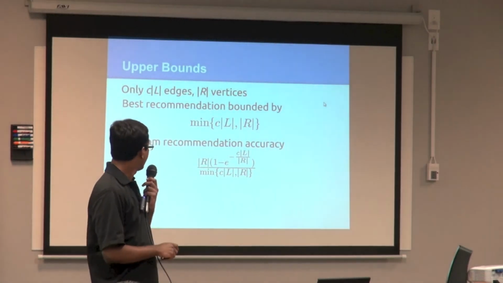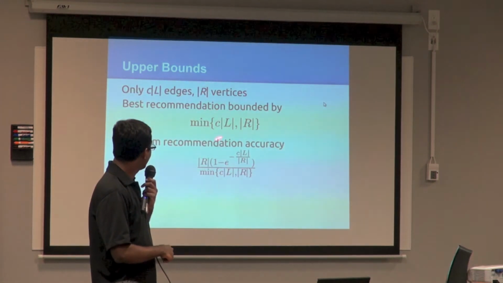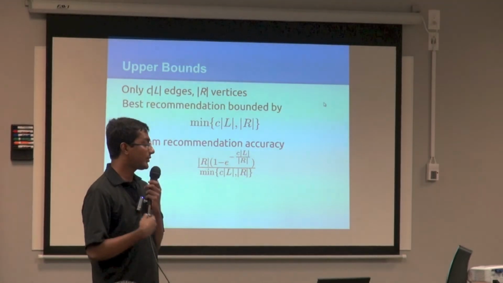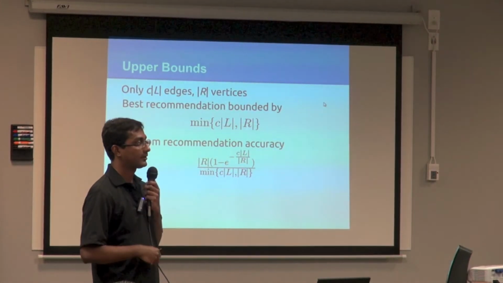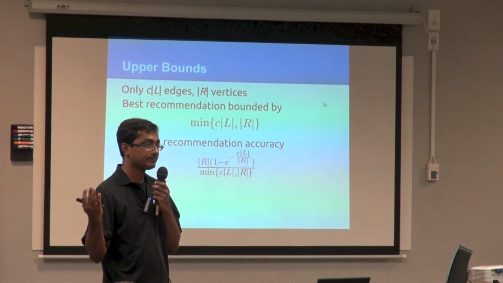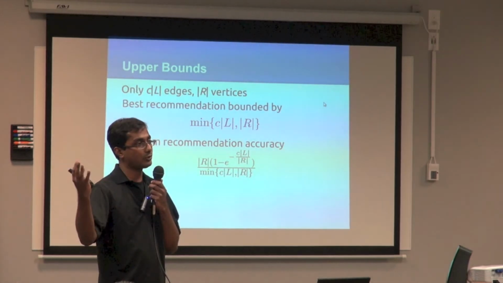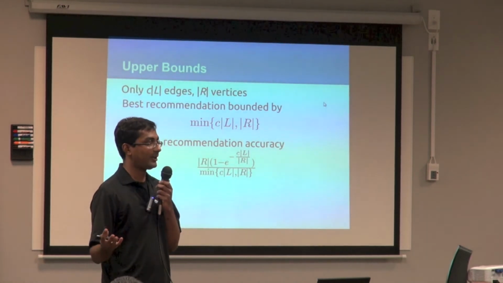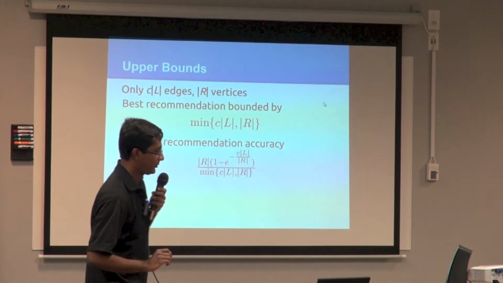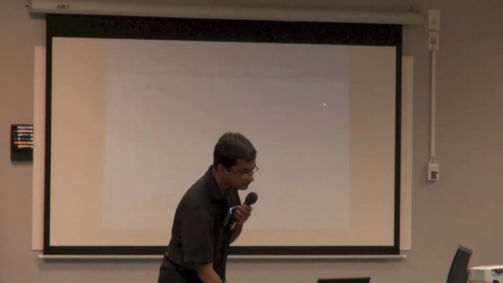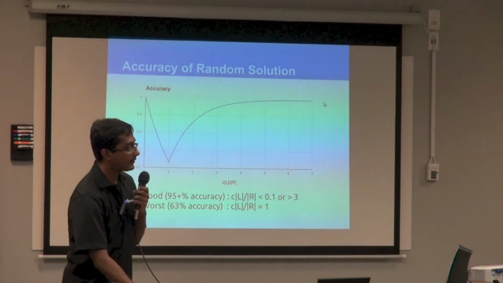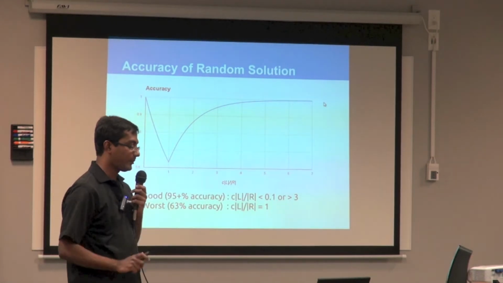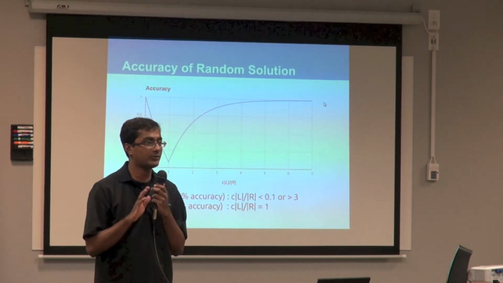That's straightforward. So my final solution is right there, where the numerator is basically our solution and the denominator is basically what the best solution could possibly be. Now, if that ratio is very close to 1, we are in great shape. If that ratio is like 0.01, we are in pretty bad shape. So that's basically what this comes out to, and that's how that curve looks. On the y-axis is accuracy, on the x-axis is CL over R. But ignore the curve for a minute, because I'm just going to explain the significance of what this is.